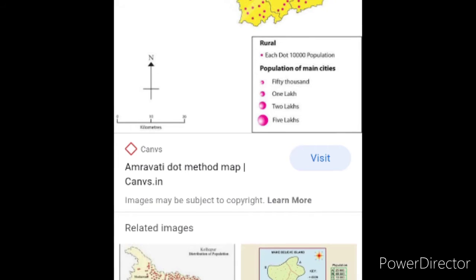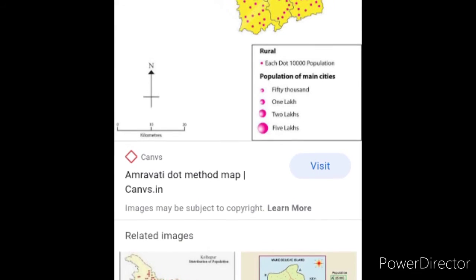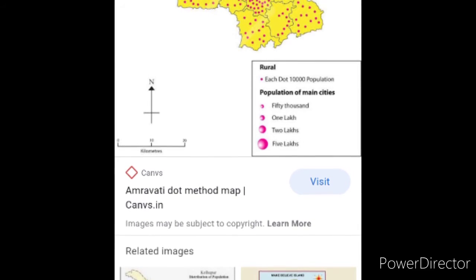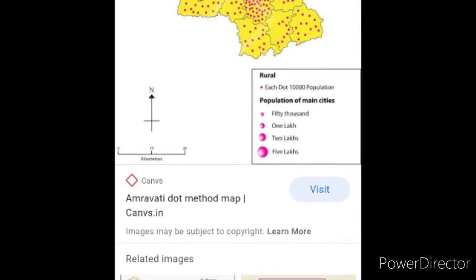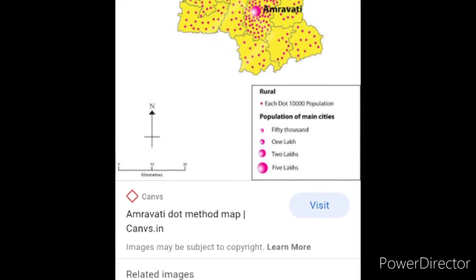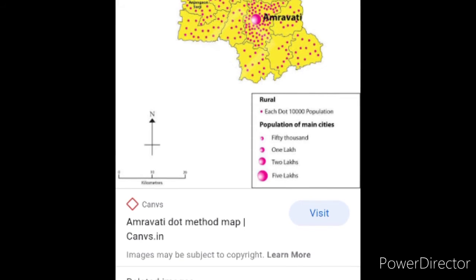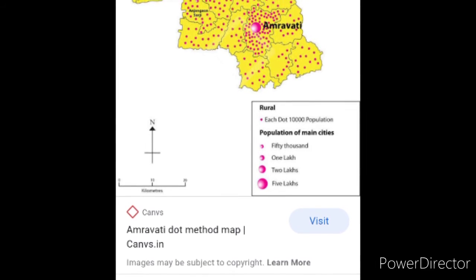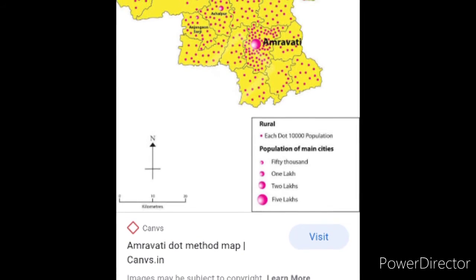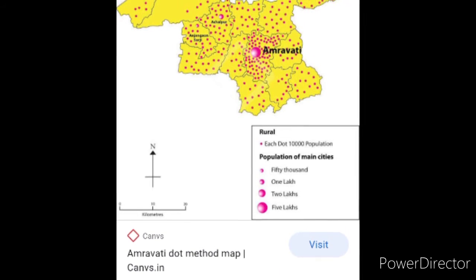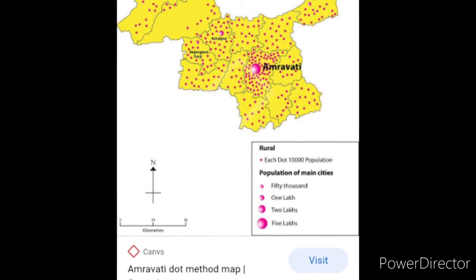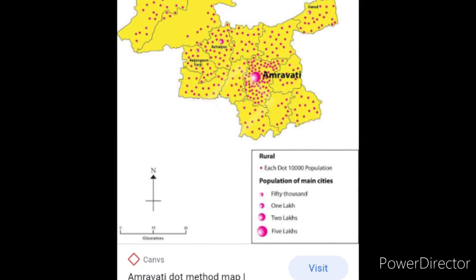The way a variable is distributed throughout the region, the dots are used to show its distribution on the map. For example, the population of a region, the distribution of cattle, etc. The following precautions should be taken while using dot method for a map. First one, the size of dot should be uniform. Second, the distribution of physiography, water sources, transport system, etc. of a region should be considered while placing dots on a map.